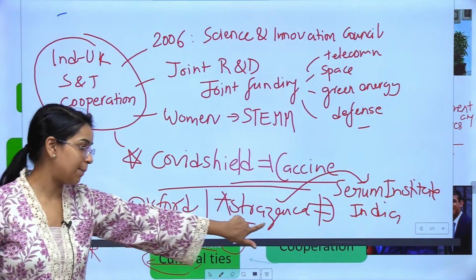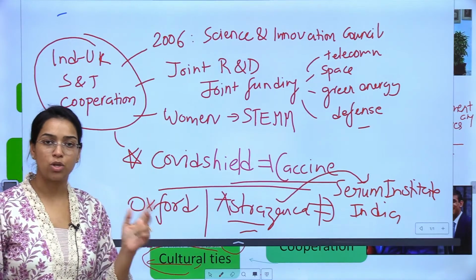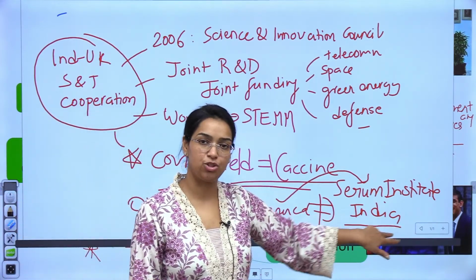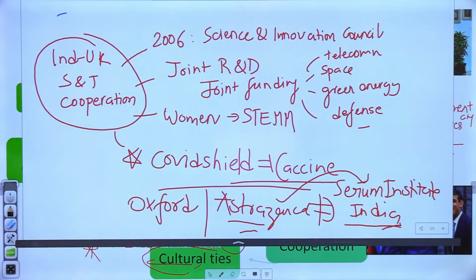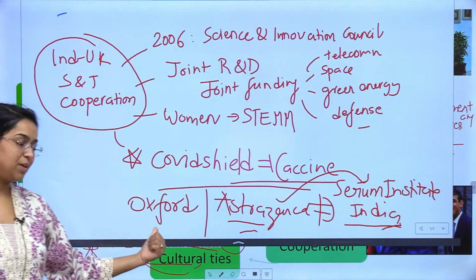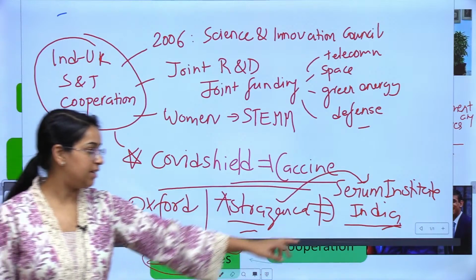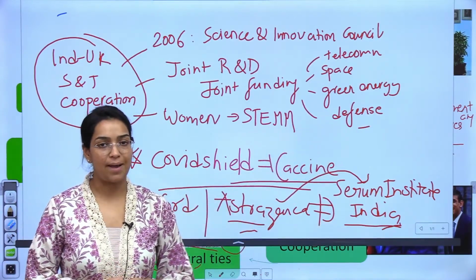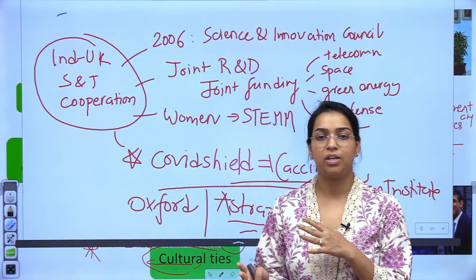ठीक है, इनके पास खुद के पास इतनी कैपेसिटी नहीं है कि ये इतनी वैक्सीन्स पूरी दुनिया के लिए बना सके यूके और इंडिया के बाद. That is why they joined their hands with one of India's institute, that is Serum Institute of India, to create the production of the level required, right? So this COVID shield is an example of developed in UK, right, and manufactured, made in India and supplied in the entire world vaccine. ठीक है, तो आप एज एन एग्जाम्पल इसको यूज़ कर सकते हैं